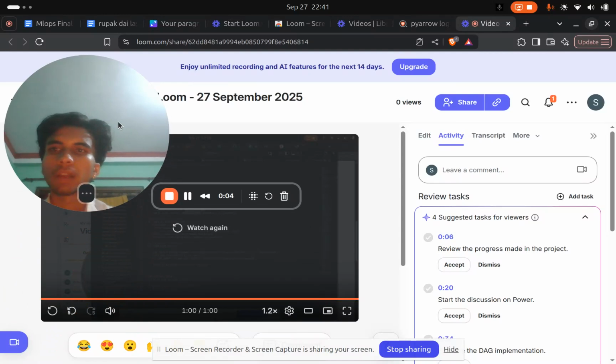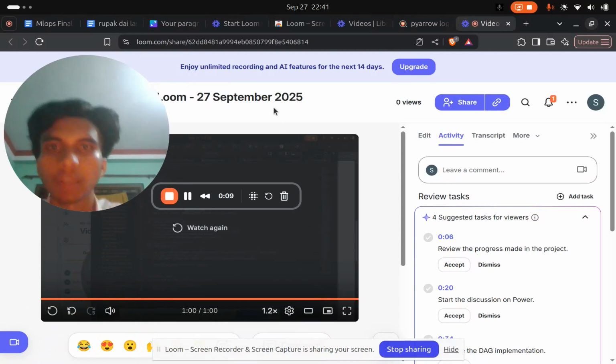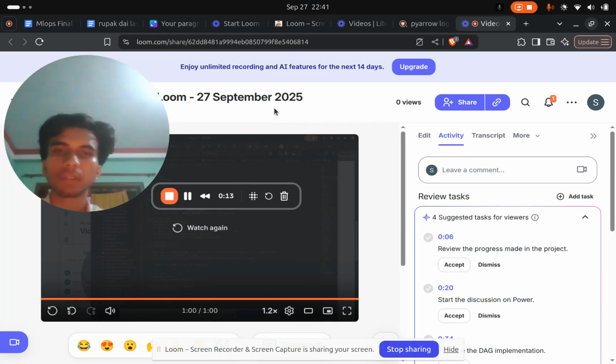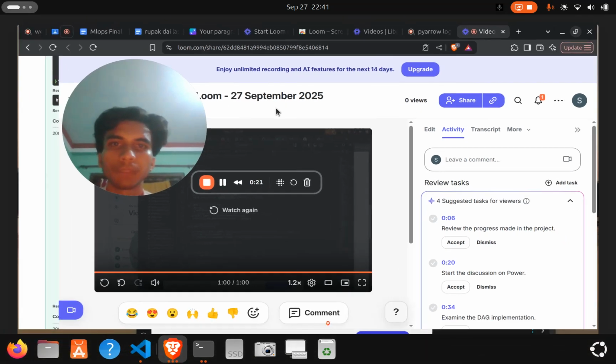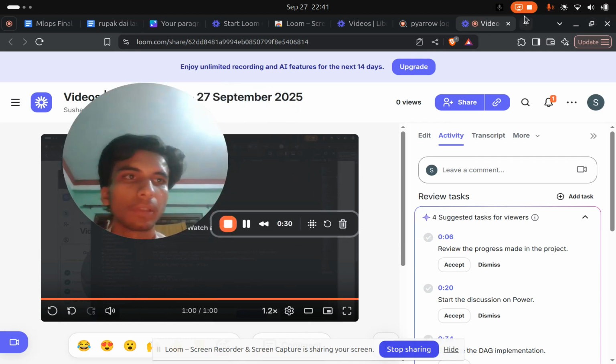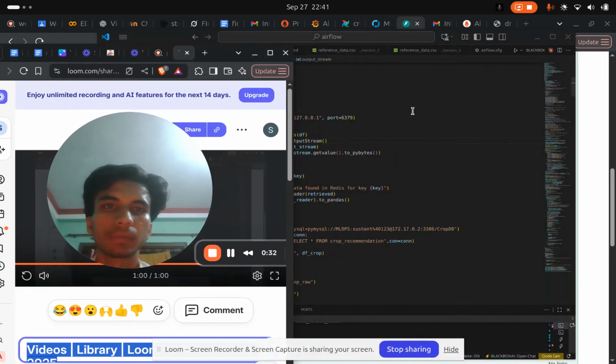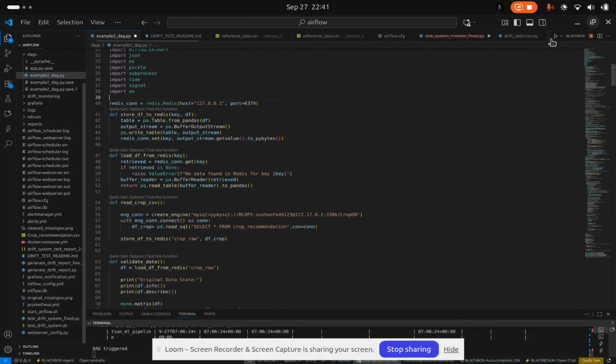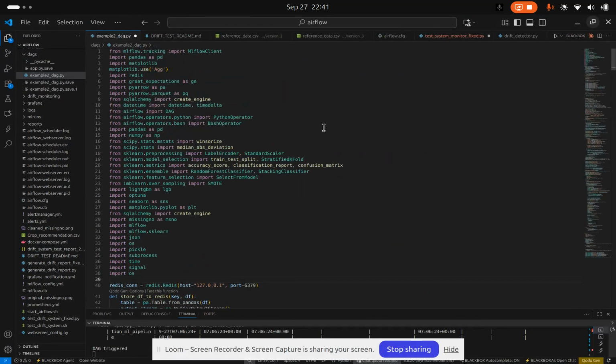For our MLOps project, I have created a crop recommendation and MLOps pipeline system leveraging AI, Airflow, MariaDB, and other tools. Let's begin from this. Okay, so